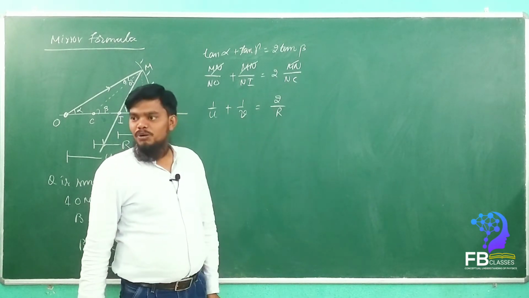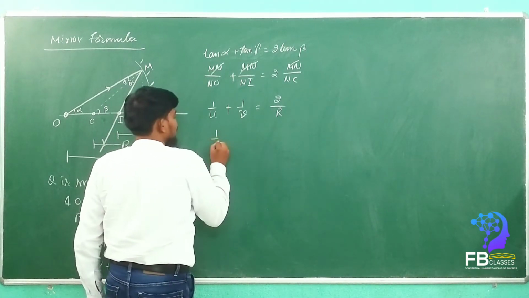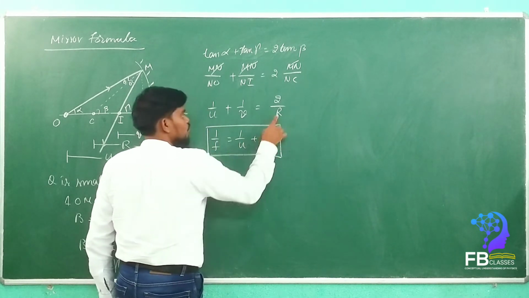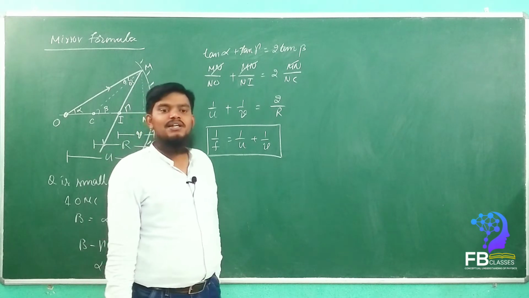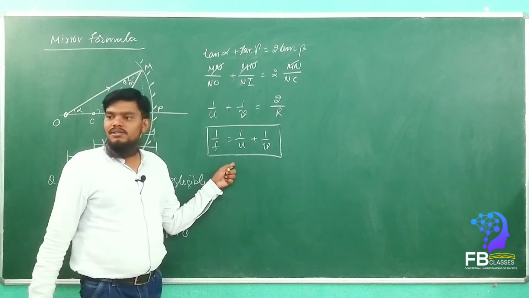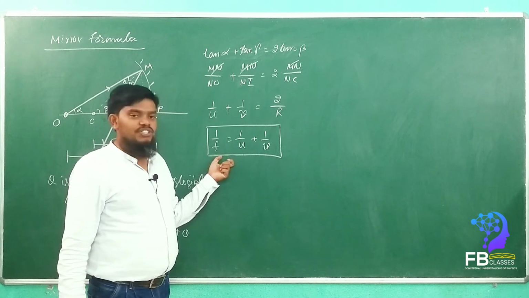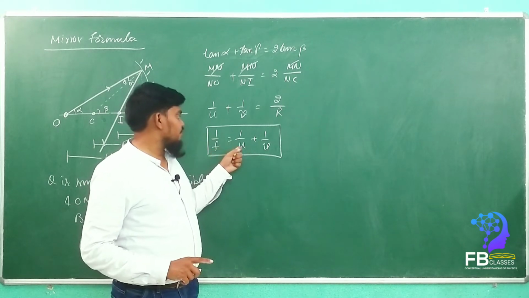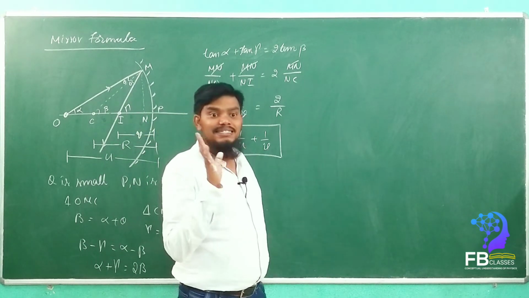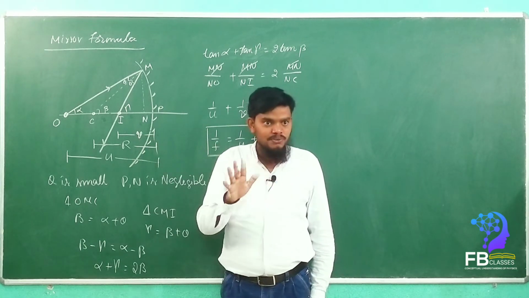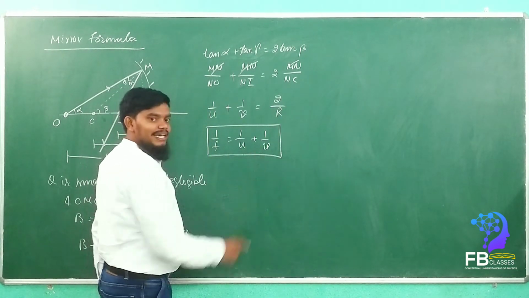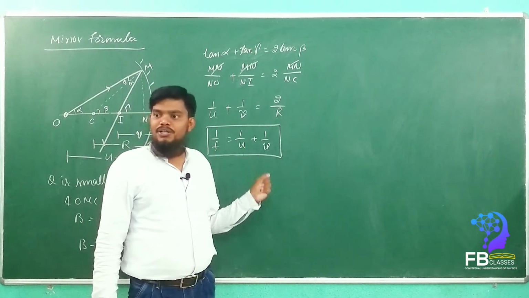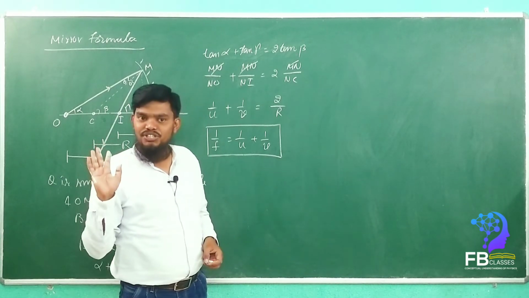This 2 by r we can write as 1 by f. Yes, sir. So that means 1 by f is equal to 1 by u plus 1 by v. Yes or no? Yes, sir. Simple. This is the mirror equation. So in these equations, keep in your mind that whenever we are applying the values of f, u, v, we have to keep along with the sign. The sign conventions we already learnt, right? Yes or no? Yes, sir. So we have to apply the sign conventions here. Yes or no?